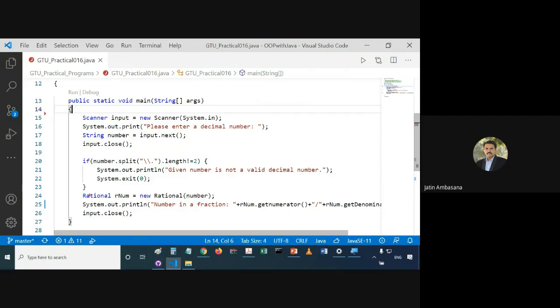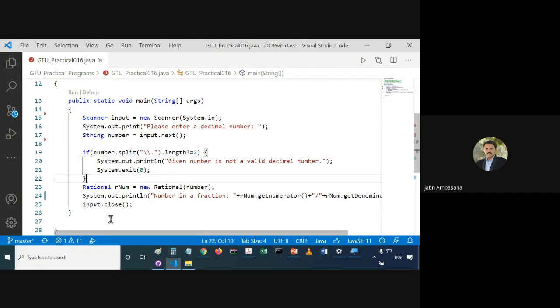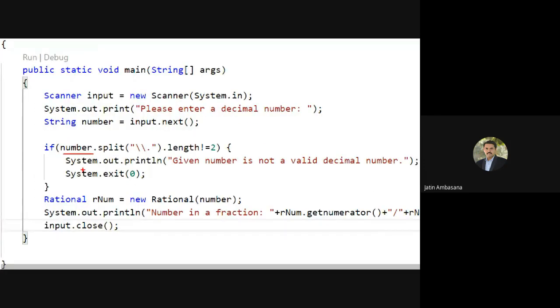Here what do we do? Check this out. We can close it in the end also. So see here, since this number is basically a decimal, a number with a decimal point value, we can split it out. We can split it on dot. What does this dot do? Dot is the integral part of the number. So for example, if the number is something like 5.5 or maybe let's say 2.5,